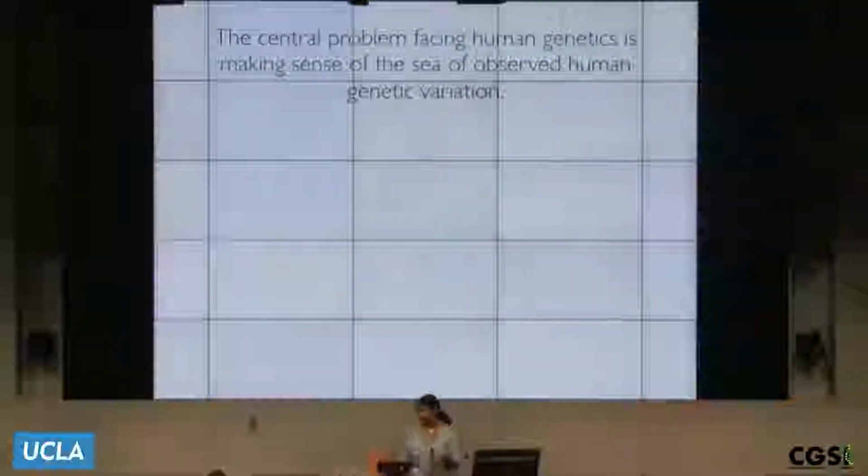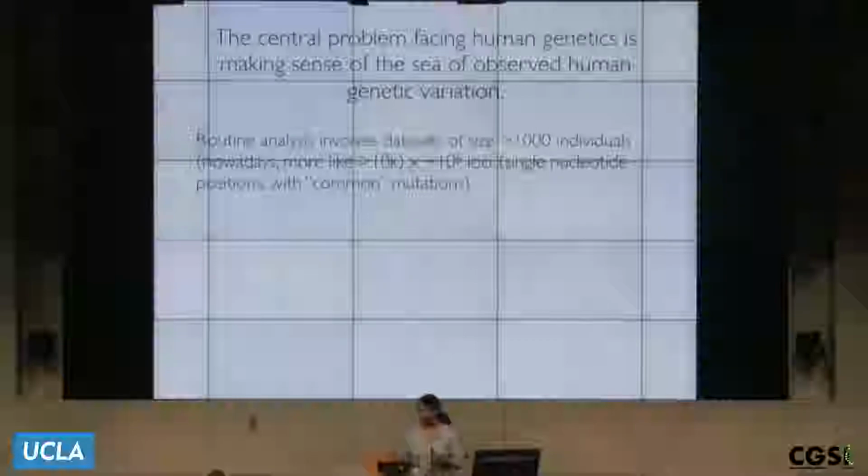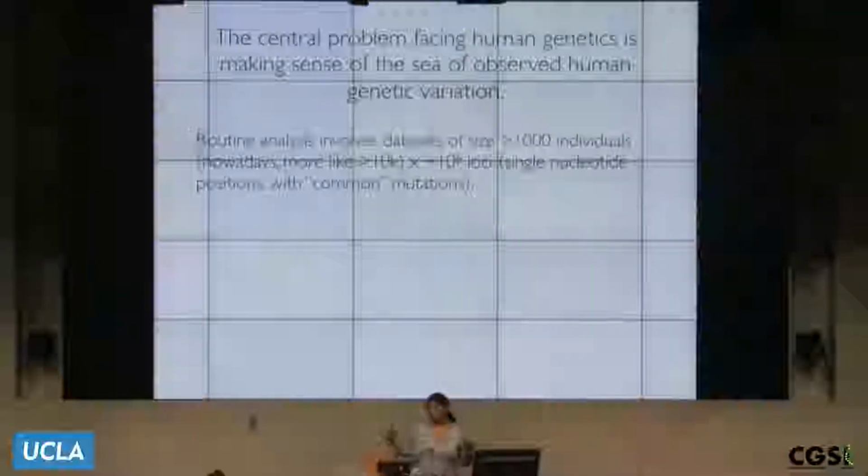Especially, it's amazing to me how I started graduate school as the draft sequence of the human genome was published. So in my adult life, what I've seen is data sets suddenly grow to where even 1,000 individuals is no longer routine, right? Tens of thousands of individuals, hundreds of thousands now, if you work with something like the UK Biobank, is becoming really routine for us to look at. And even if we're just working with common variants, we are routinely looking at over 1 million sites assayed in a human genome. And so if we're looking at data like that,